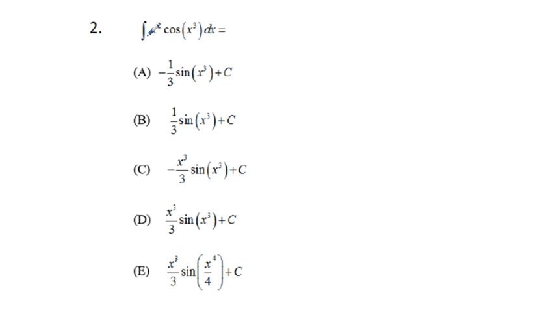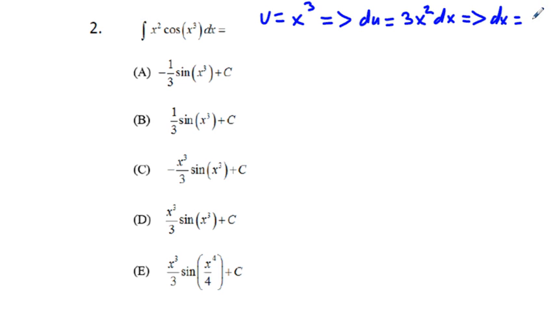And for this it's going to be a u substitution. So what we do is we're going to let u equal x cubed. And when we have u equal x cubed, we take the derivative of both sides. du on the left side equals 3x squared dx. And then if we solve for dx, it's going to be equal to du